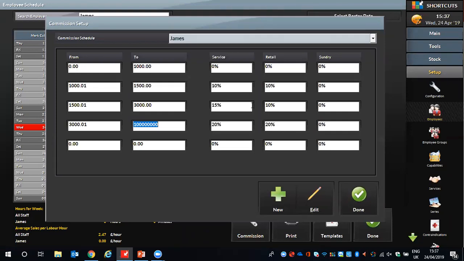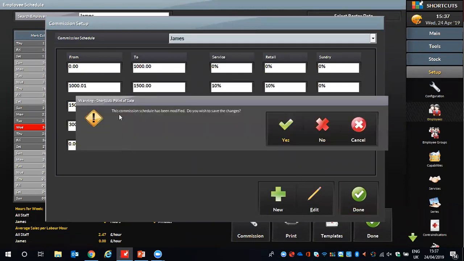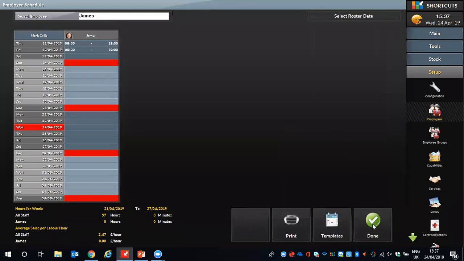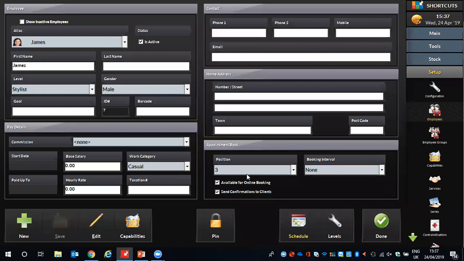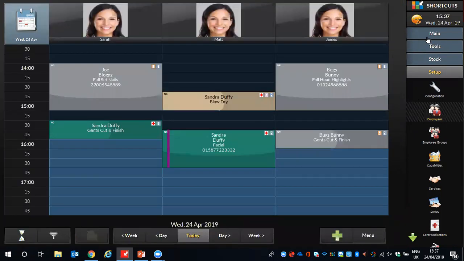All we need now to do is to link this schedule we have just created to our specific employee. To do this, all we do is we click the Done button, and it says the commission schedule has been modified. Do you wish to save the changes? Yes. Click Done. Now you will see, ladies and gents, it can take a couple of seconds for it to pull through. So all we need to do is just click the Done button,